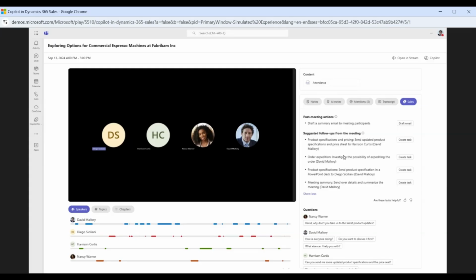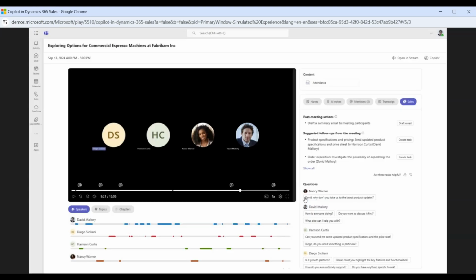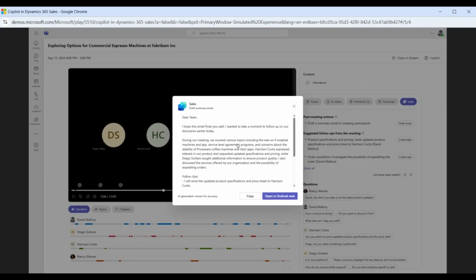And so you can see up here, for instance, you've got a task to create a PowerPoint deck for the product. So you can click on create task, and Copilot is then going to create the task for you in Dynamics 365. So you can go ahead and click on create, and you can also draft an email. So let's say here you want to draft an email to the meeting participants. You can click on draft email, and Copilot is going to again do the copy of the email for you